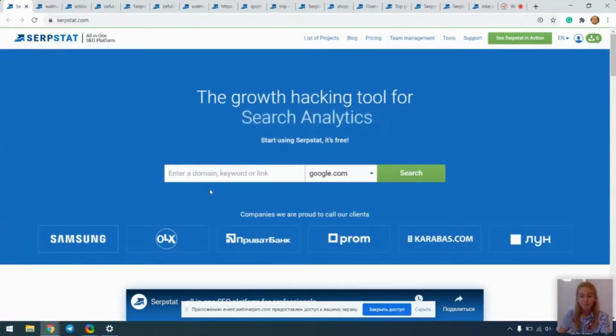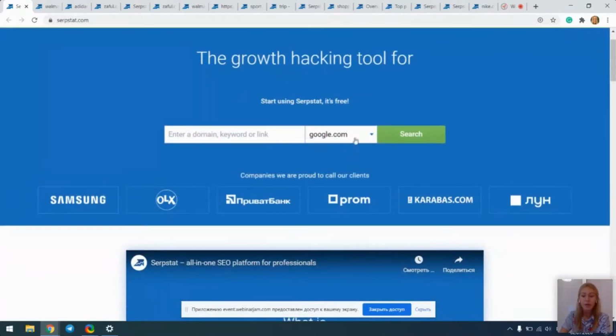So in the search bar, you can enter a domain, a URL, or a page. It's up to you, depending on what you need. Today, I'll start with domain analysis. And the next one, we have to select a search base. A common mistake among users is when, for example, a German website is chosen for analysis and the database is selected for Google USA. Be attentive with that, as we have